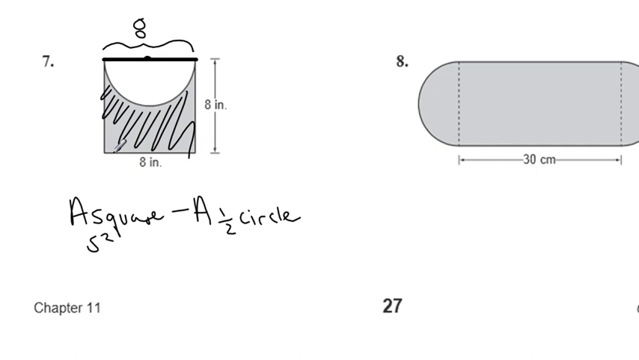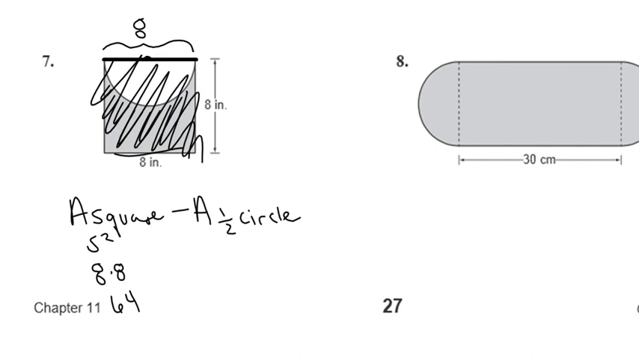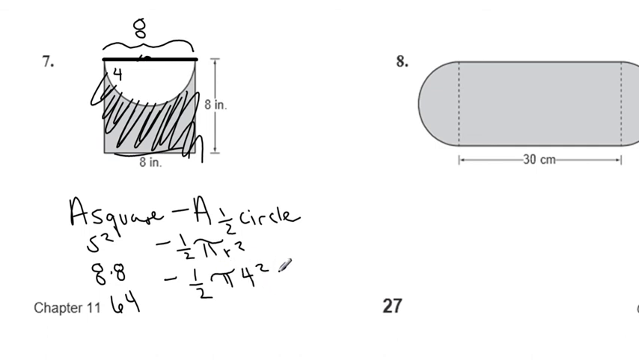So starting with this area of a square, it's take one of the sides and square it. So 8 times 8, so 64. That gives us the area of the whole square. We don't want to include the area of the semicircle. So we are going to subtract the area of 1/2 pi r squared. And our radius, we said, was 4. So 1/2 our pi r squared, or our radius squared, is going to be 1/2 of 16. So it's going to be 8 pi,